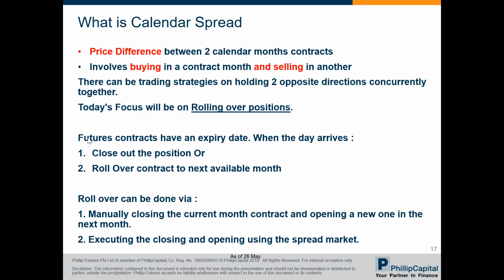Right, we come to the next portion of the webinar, which is the calendar spread. Calendar spread is based on the same underlying, meaning that if you are doing E-mini S&P, your spread will also be on an E-mini S&P contract of a different month rather than the same month. So it can't be E-mini S&P and then another one with E-mini Dow Jones. So calendar spread has to occur on the same underlying contract, just different months.